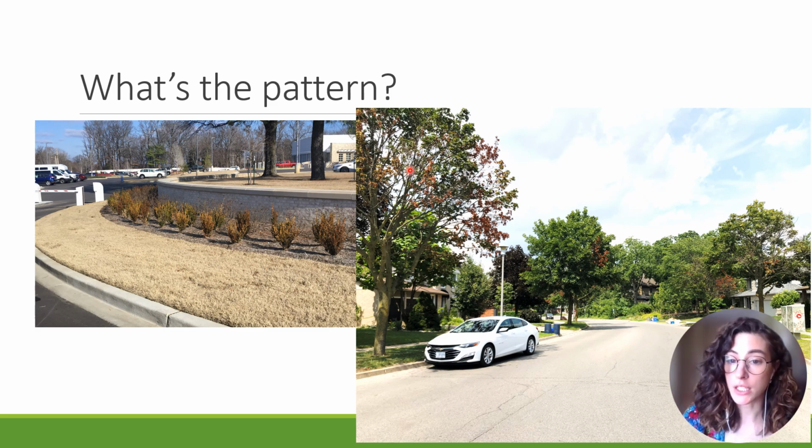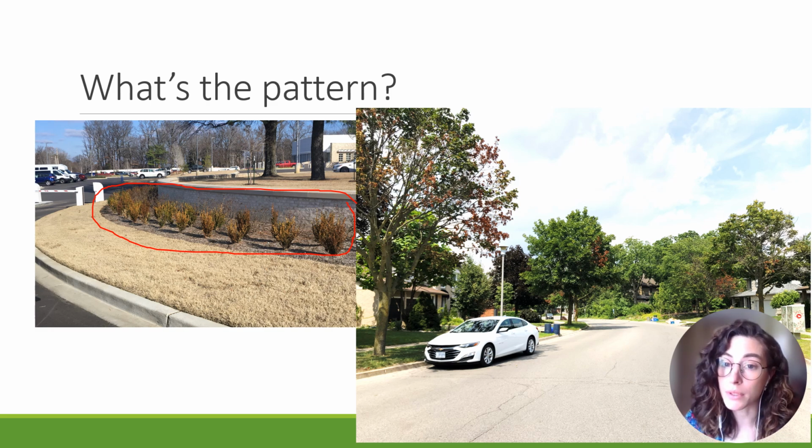A trick I like to teach about trying to define the pattern is draw circles with your eyes, and I can draw a circle right now. So if I were to draw a circle around these boxwoods of the symptoms, I would end up drawing a circle around all of the boxwoods to encapsulate the symptom. Versus if I was to draw circles around symptoms on the picture of these maples, I would kind of be drawing a bunch of circles, but they would be not only different sizes,